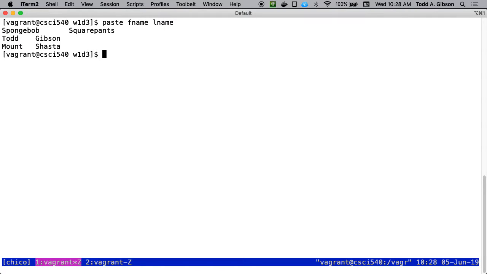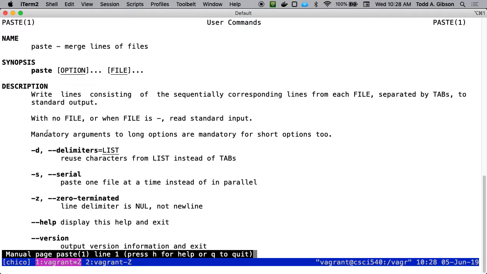All it does is it takes the first line of one file and the first line of a second file, and it makes them appear on the same line. It's like shuffling cards, right? It's a way of combining two different files into single lines. It looks like what's being used here is a tab as a separator. My guess is you can change that. If I do a man page on paste,